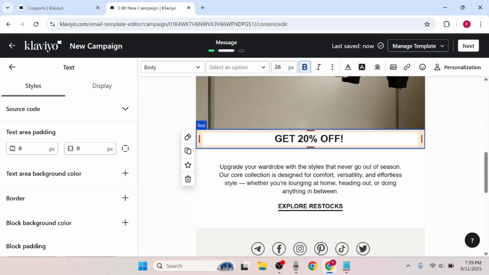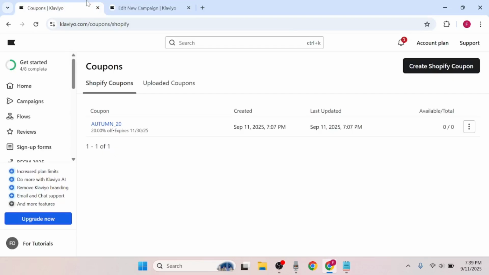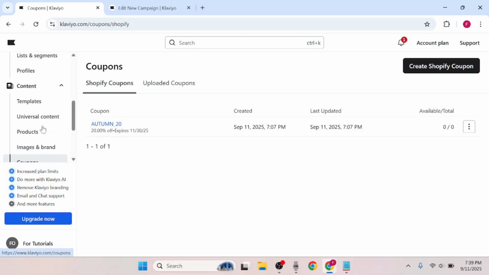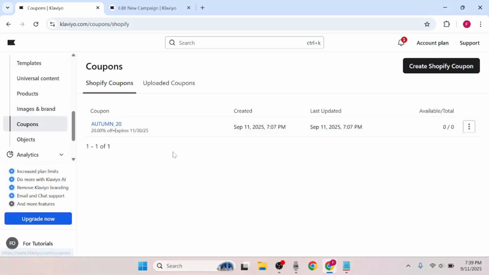Next, you want to add the code snippet of your coupon code. To do this, head over to the coupon code section in your Klaviyo account. If you are not sure where to find it, it is located under the Content tab. I won't go into the full creation process in this video, but from here you can easily create a new coupon by clicking on Create Shopify Coupon at upper right-hand side of your screen and follow the on-screen instructions to